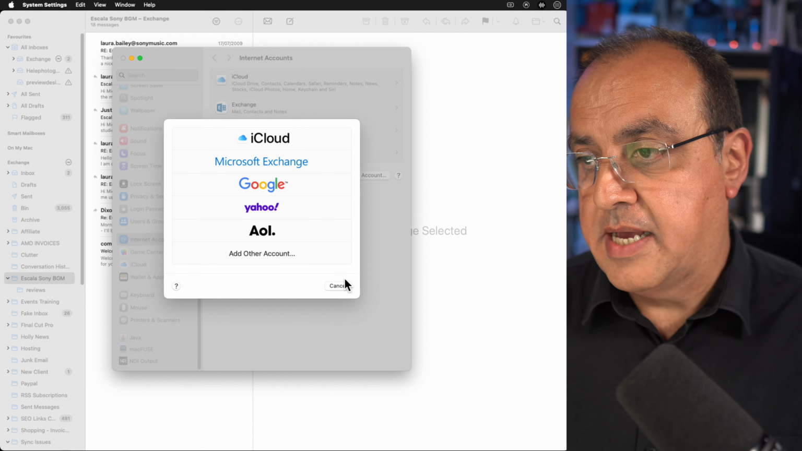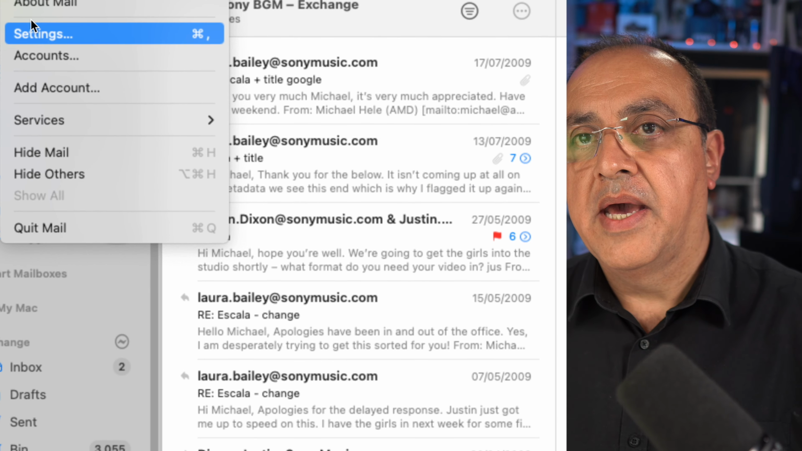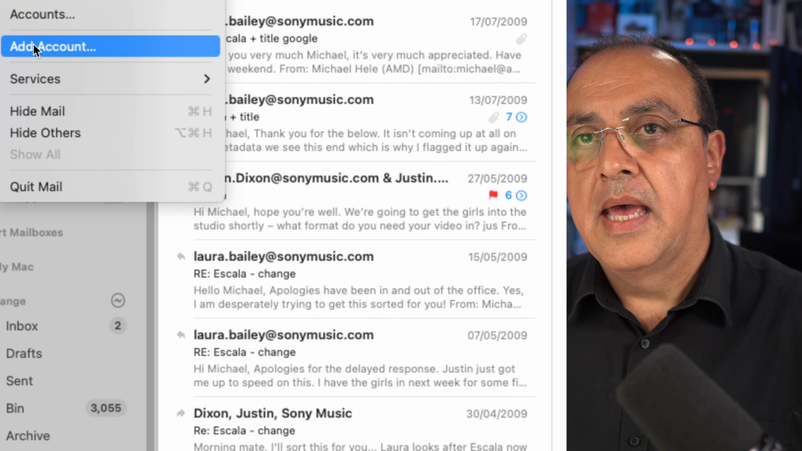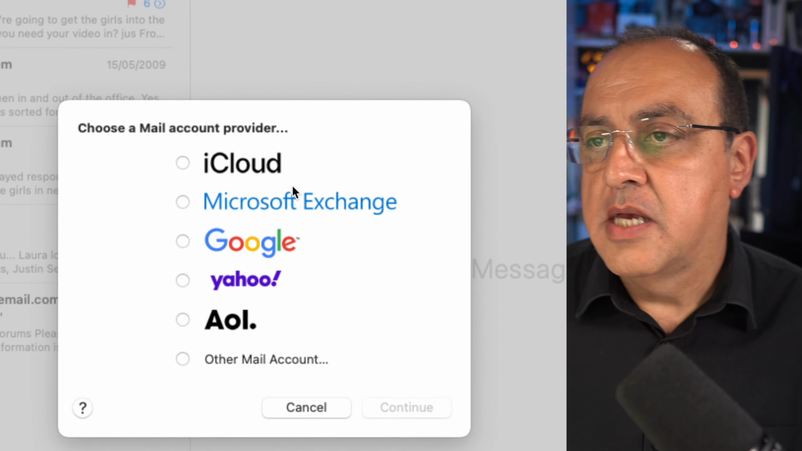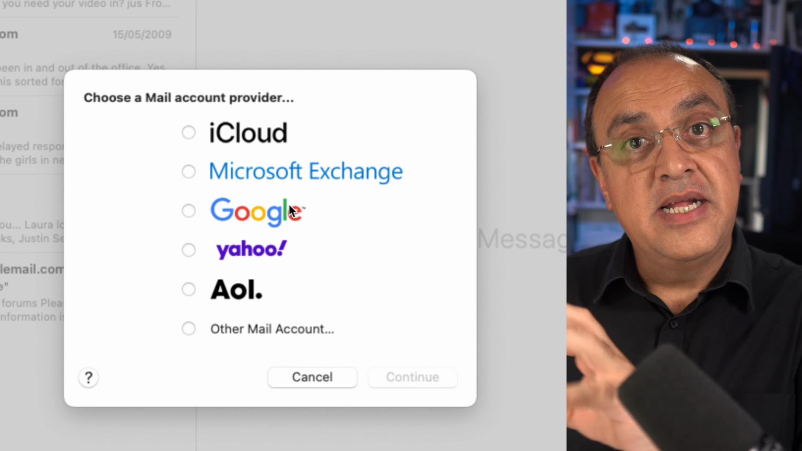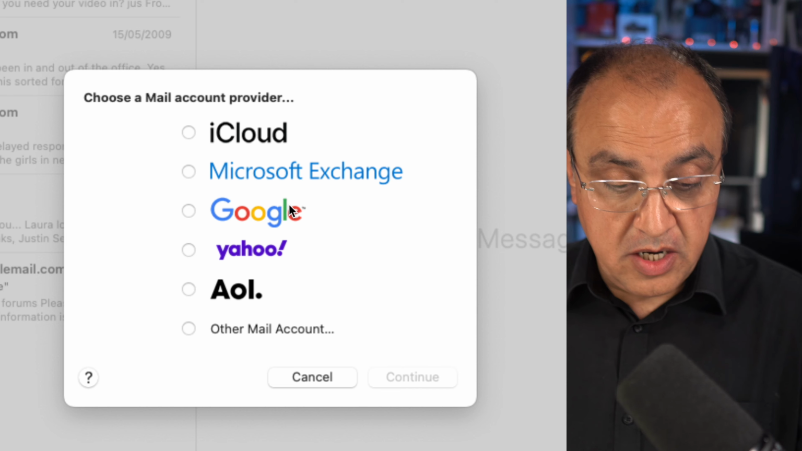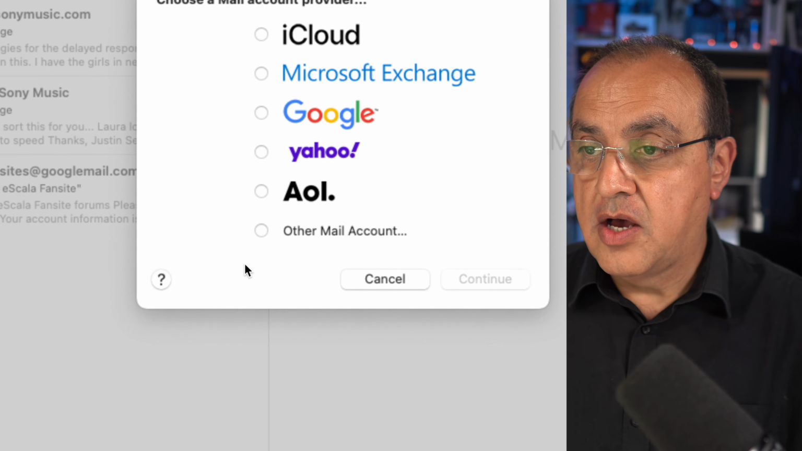So if I close that, we'll start afresh. So mail, add account. If you haven't got one of those iClouds or Microsoft Exchange, we're going to use the business email, and it's got its own settings. And obviously not every mail client is going to know what they are. So if we select other,